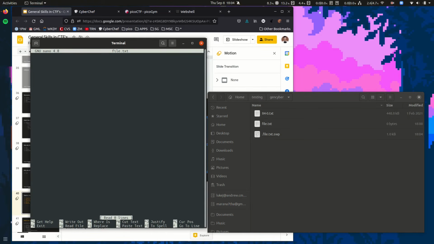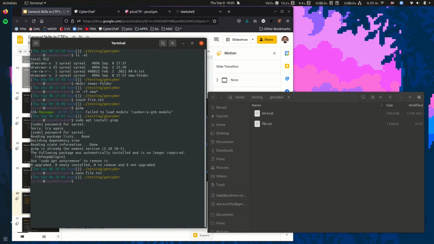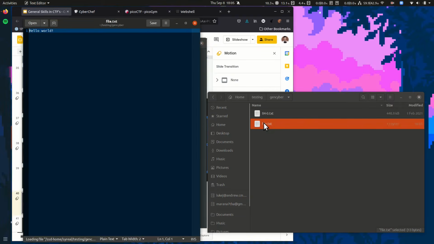Okay, so this is an empty file, and you can write hello world. We'll exit by hitting Control X. Save the buffer, save the file, yes. File name to write, file.txt, yes. Press enter. Okay, so now cat can list what's in a file. And now we see hello world is in that file.